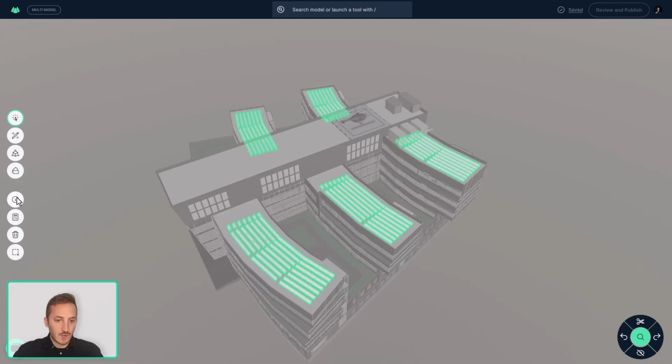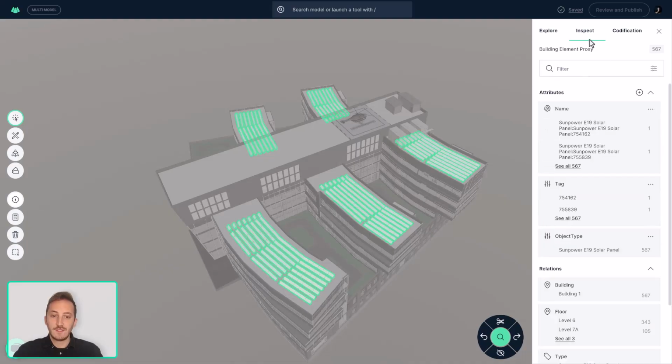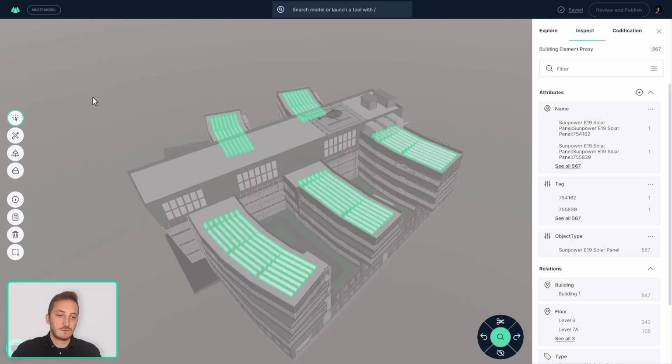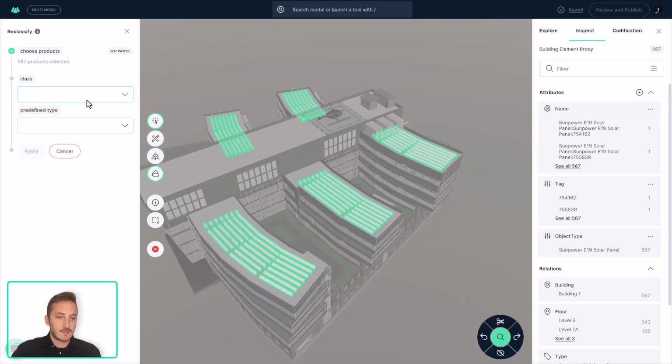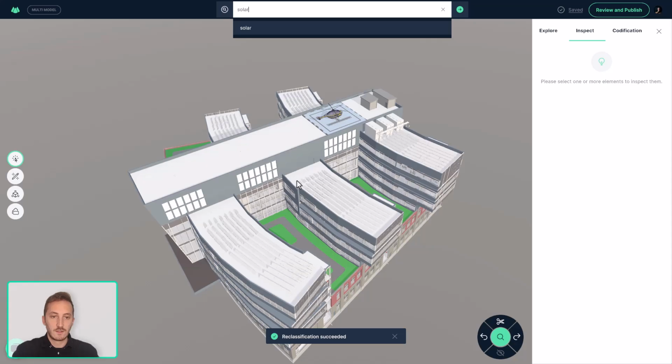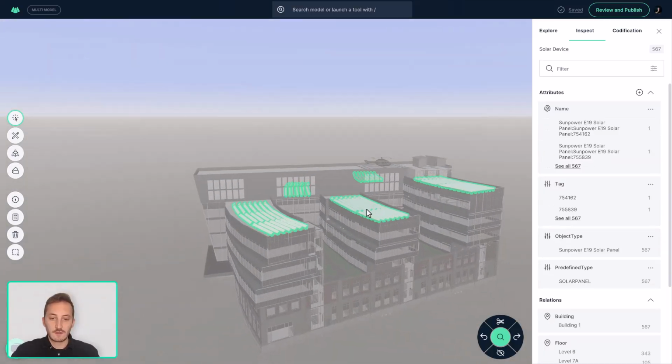Let me check the properties, and I will see indeed that all of these entities are classified as building element proxies. So using Qonic, I can rectify this. I can assign a new IFC class to these objects. So I'll reclassify them as the proper type, which in this case would be solar device, more specifically solar panel. So let me apply this change here. And if I now again select all of these solar panels, I will see all of them are correctly classified